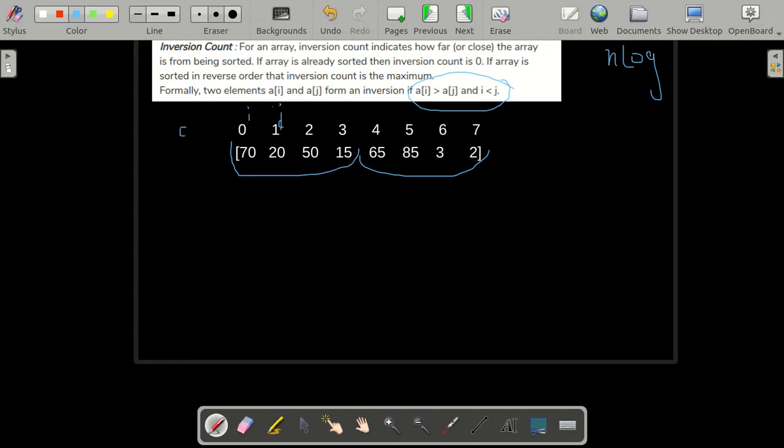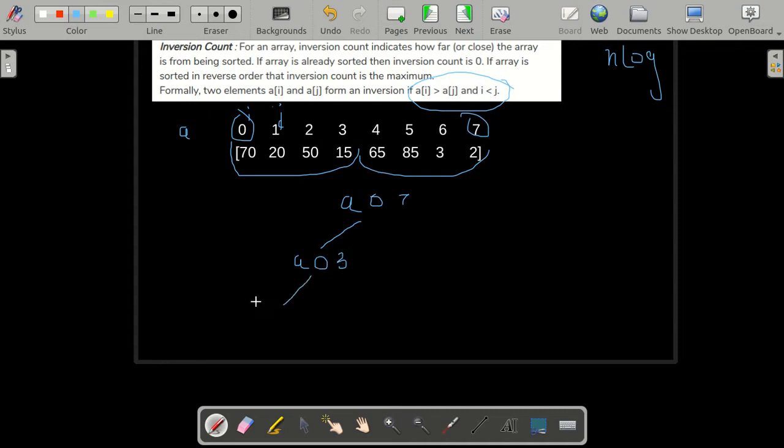So suppose this is our array A. The starting element is 0 and the end element is 7. So first I will take a call for the array A with starting element 0 and ending element 7. This will take the mid. The mid will be 0 plus 7 by 2, that will come to be 3. It will call for A 0 and 3, that is for the first half.